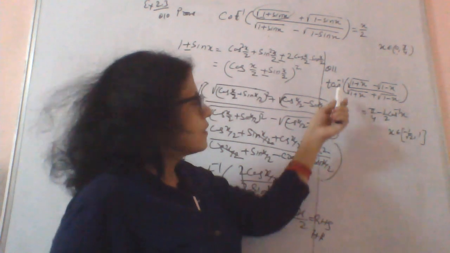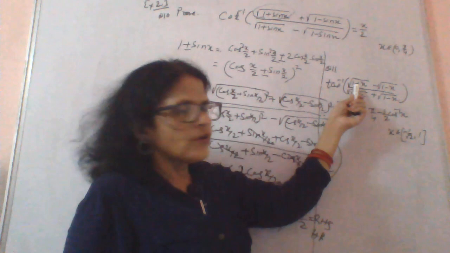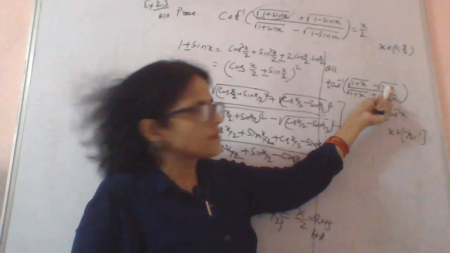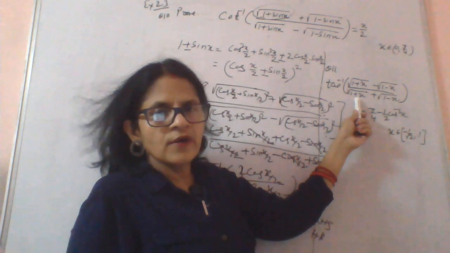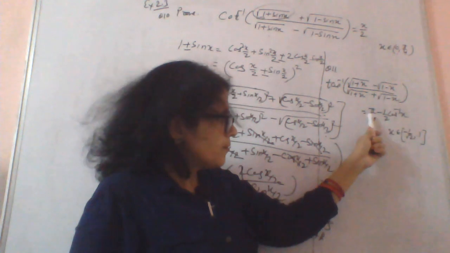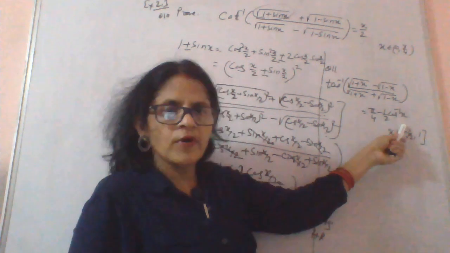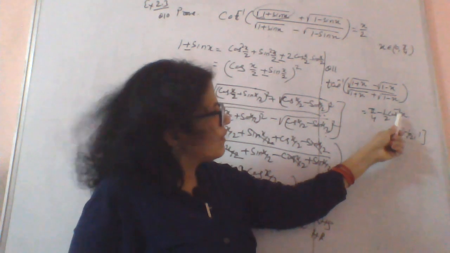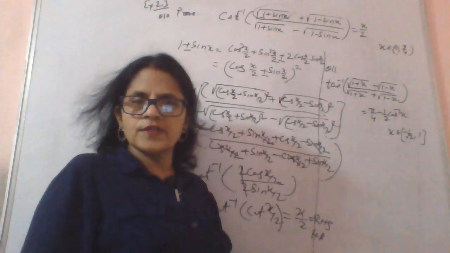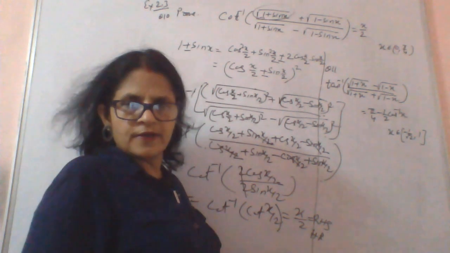Our last question of today's class is 11th, question number 11: tan inverse of under root 1 plus x minus under root 1 minus x divided by under root 1 plus x plus under root 1 minus x. Prove that this is equal to pi by 4 minus half of cos inverse x. Because we are given here cos inverse x, directly you can put x equal to cos theta, yeah, x equal to cos 2 theta, whatever you feel like, right?